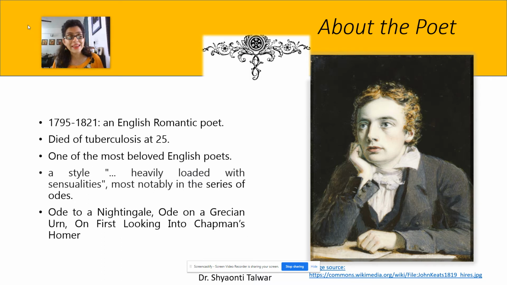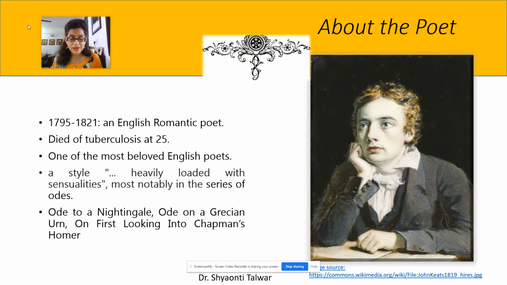In fact, he was an English romantic poet. A romantic referring to a style in English poetry in which poets and writers engaged in writing about nature, elements that are around us and that are natural in the environment. In fact, Keats is said to have a style which is heavily loaded with sensualities, most notably in the series